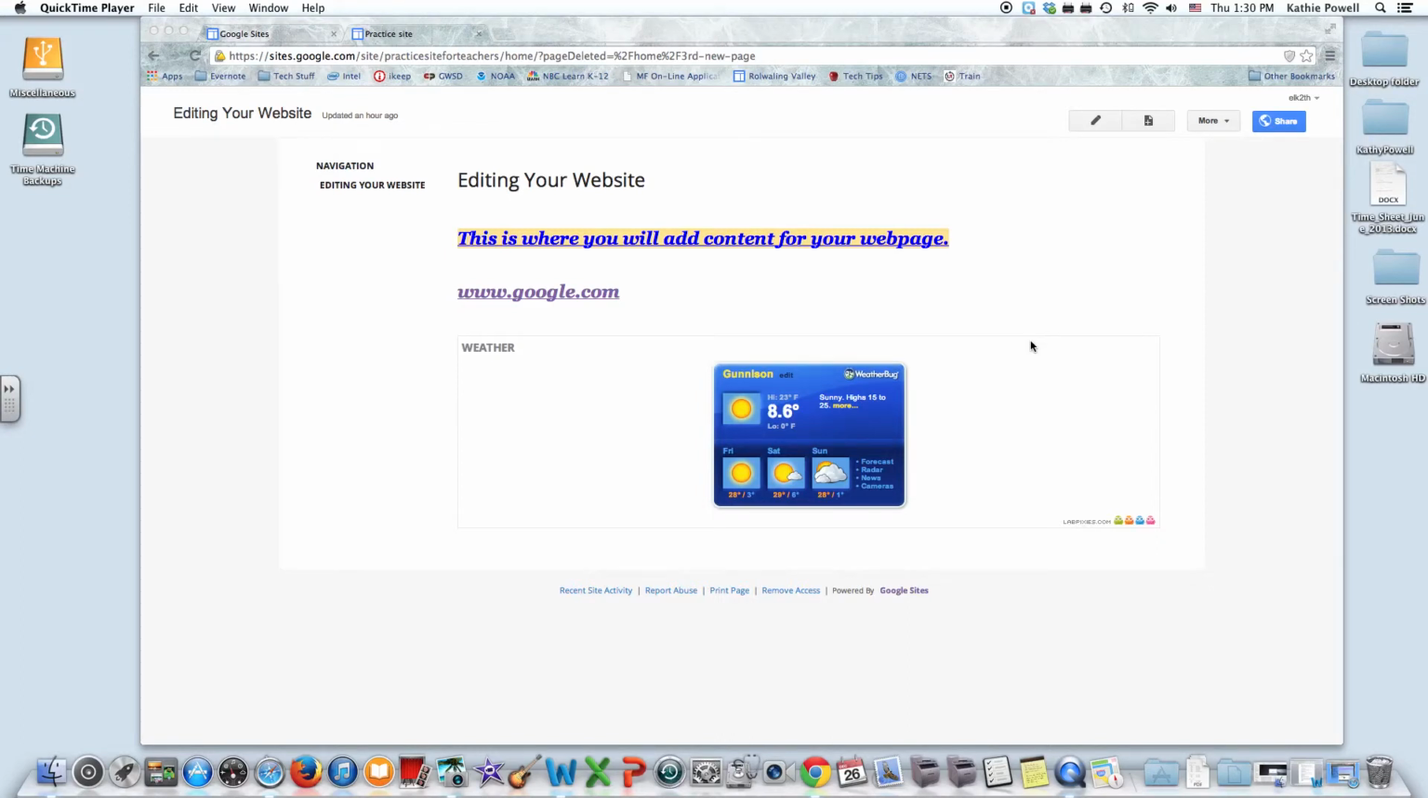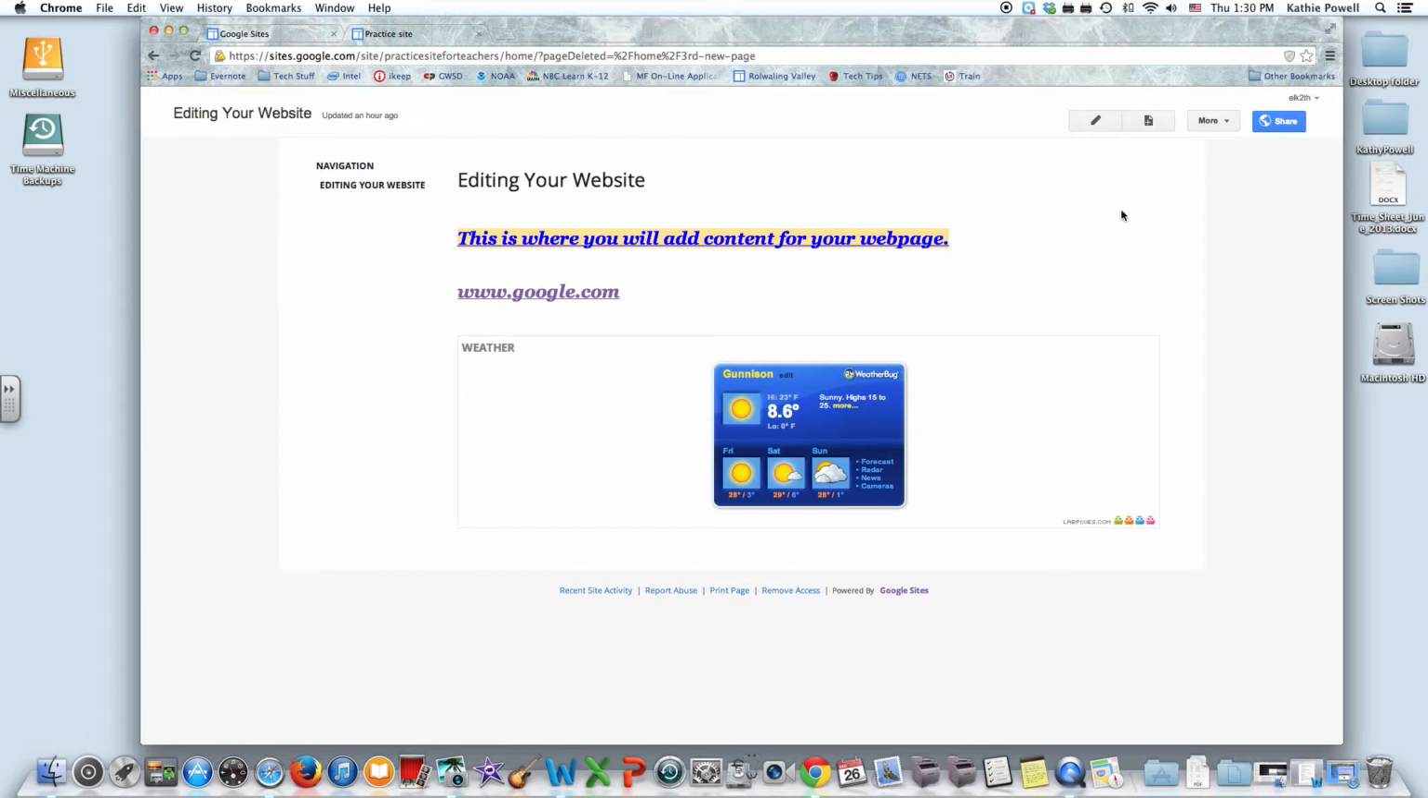This video is going to show you how to add pages and to also create a navigation page or navigation sidebar so that you can find the pages that you've created. So the first thing we're going to do to add a new page is just click this little button with the plus sign right here. We'll hit that button